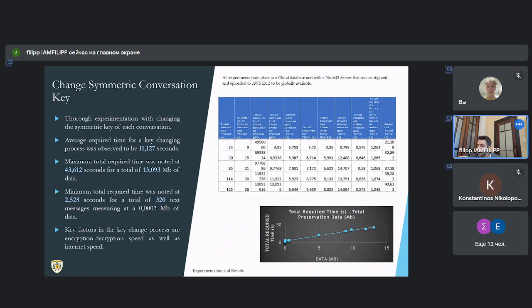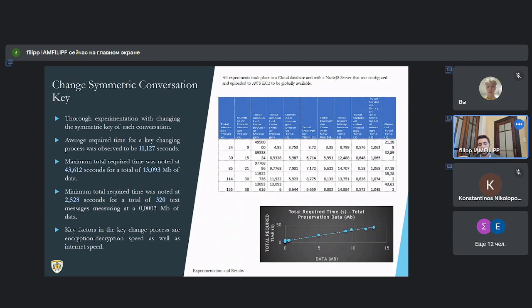Specifically, the maximum required value was noted at 43.612 seconds for a total of 13.0934 megabytes of data. On the other hand, the minimum required time was noted at 2.528 seconds for a total of 320 messages, measuring 0.003 megabytes of data.